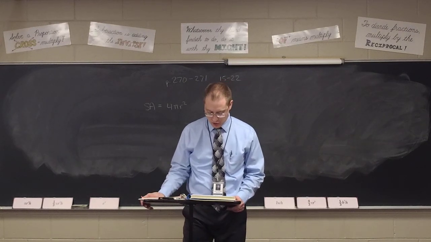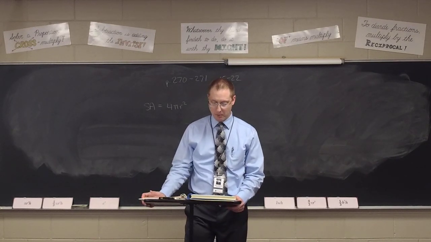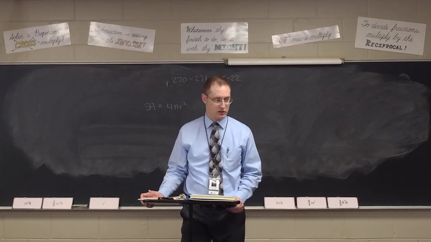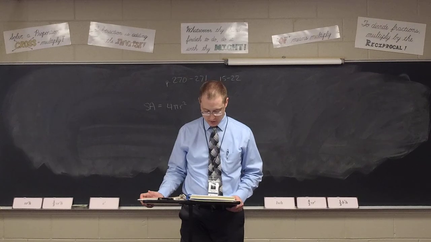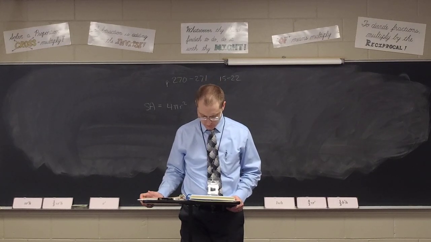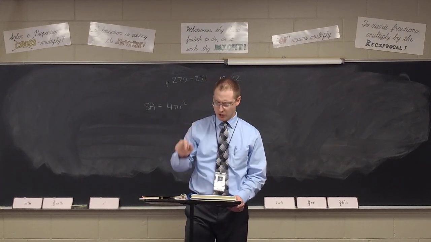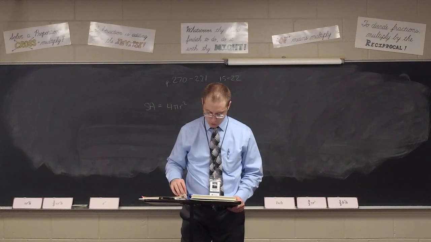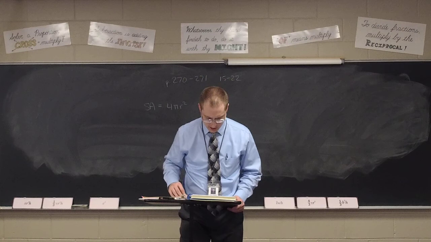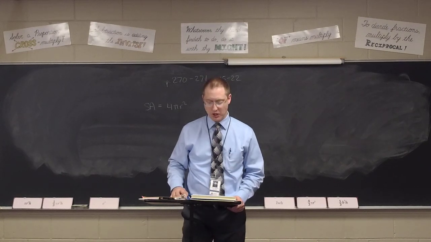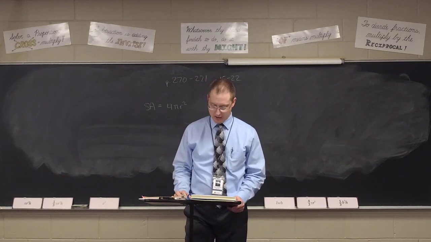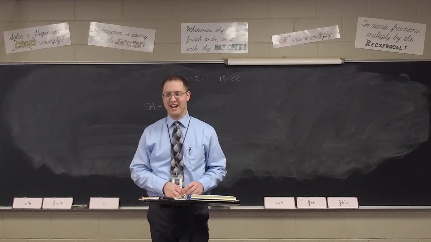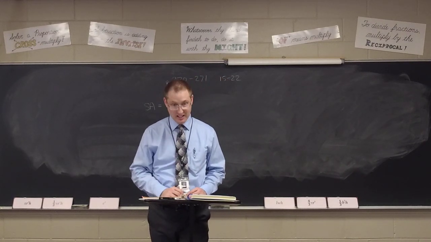Number 16 says find the surface area of the pyramid in problem 5 if the slant height is 5 meters. What did you get for this? Scott? 45 meters squared. That is not what I had. Joshua? I had 875 feet squared. Number 5. Oh wait. Oh, that's why you did number 9. Number 5 was the pyramid in question, but I'm pretty sure you did number 9. Yeah. Lana? I did do number 9.